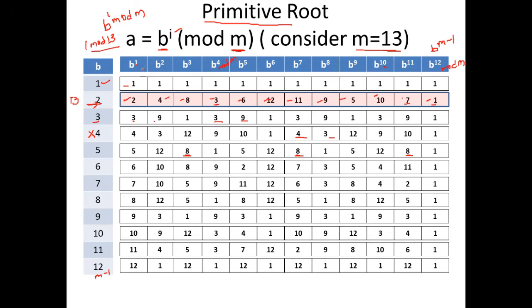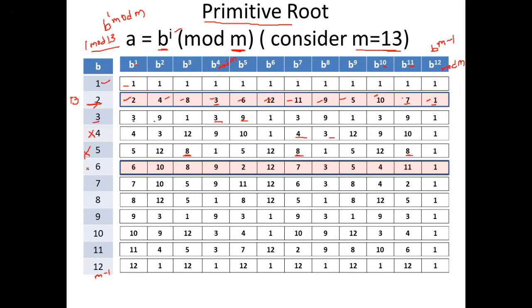So when the exponent is 3, 7 and 11, we are going to get the same result. This is what we have seen in the previous slide. So 5 has got a lot of duplicate values. So this is not a primitive root.